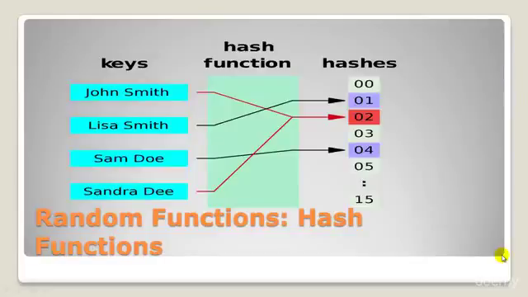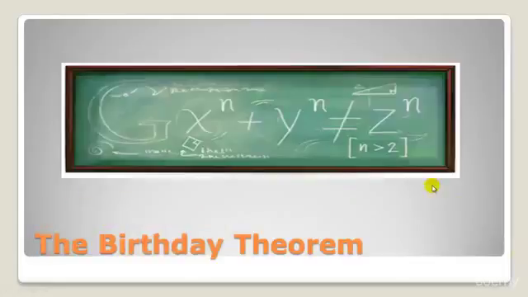So in this tutorial we will be taking a look at the birthday theorem. So yep, it is exactly what it looks like. Gx raised to n plus y raised to n is unequal to z raised to n where n is less than 2, and this might go completely over your head and you might not understand any of these things, and I completely understand that. So to be more precise, the birthday theorem was previously known as capture-recapture statistics, which was